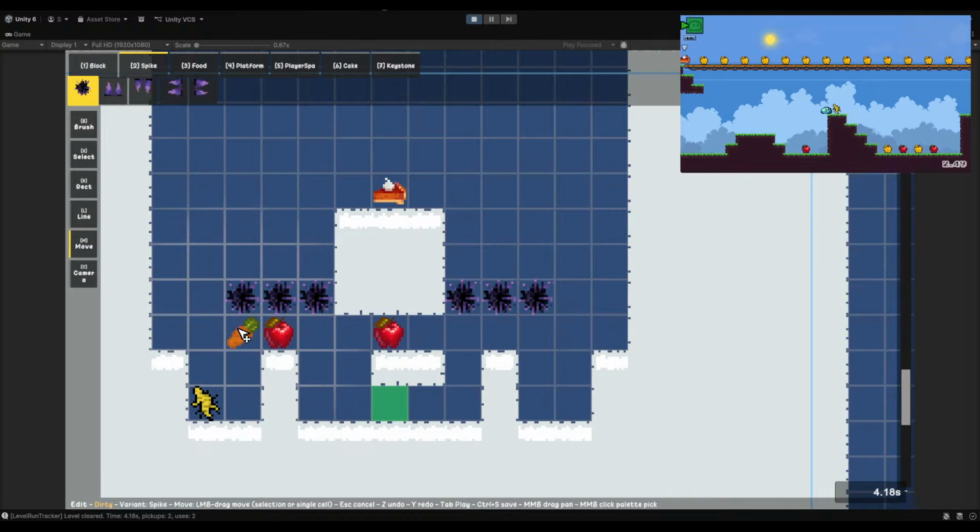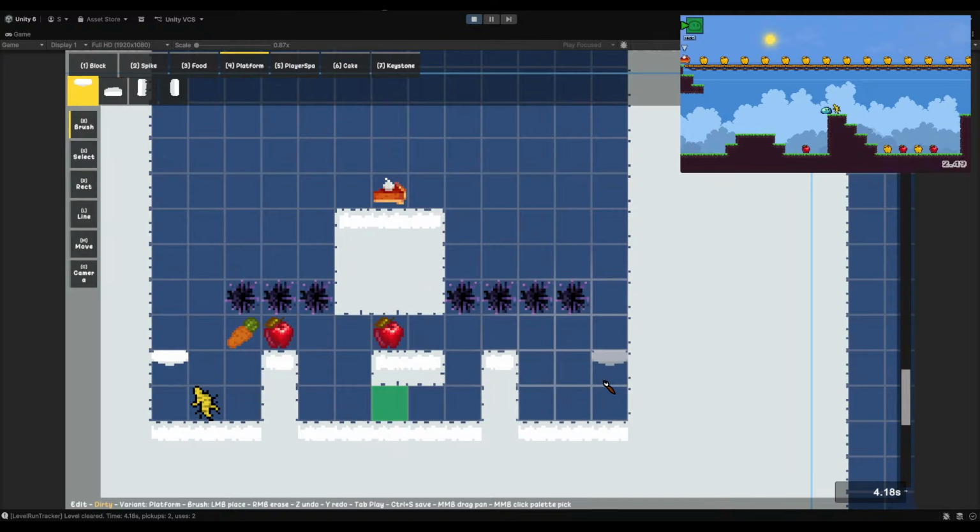You know what? This could actually work. I have to put like spikes there. No, because now that kills the player. I could do a platform here.